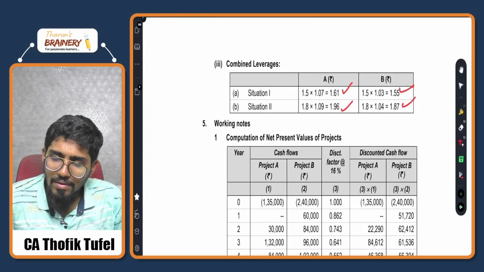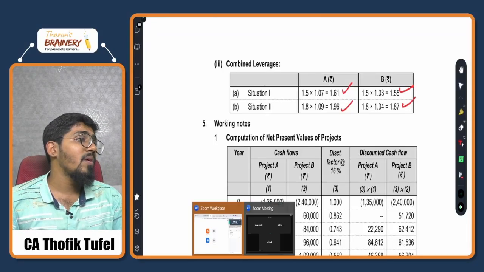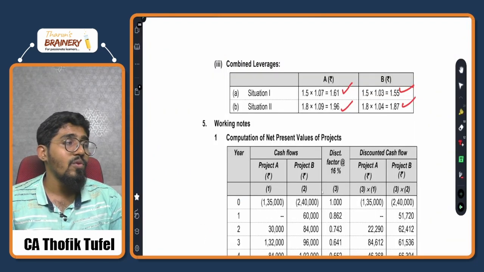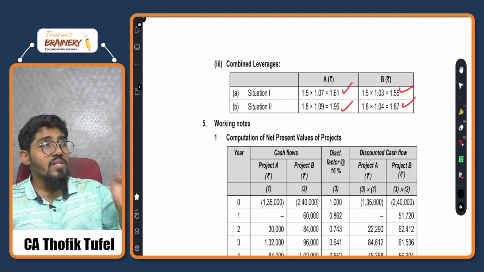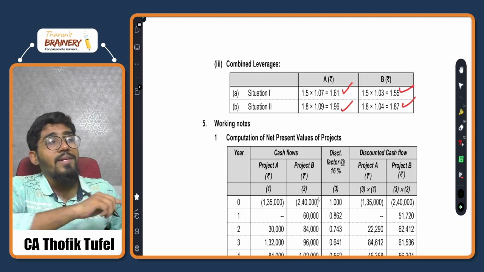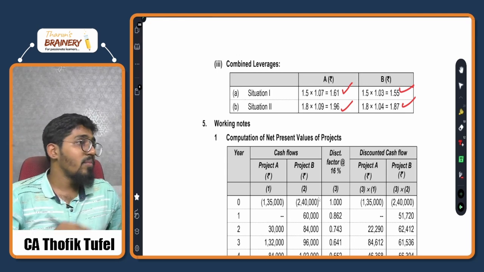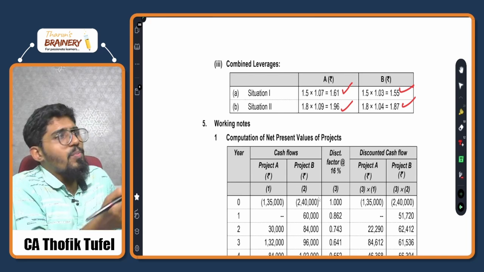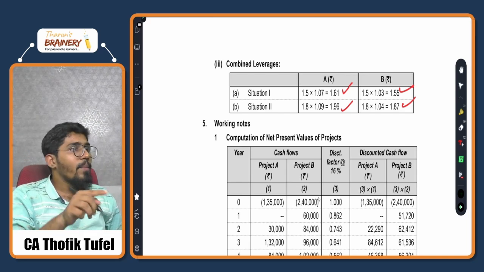1.55, 1. So 607 becomes how much? 61. Correct? It is not 1.60. So you have to make note of that. Rounding off is a very big thing. Because you attended this class, because we solved the problem together, because we are checking the answer, you will most probably save half a mark or 1 mark because of this.